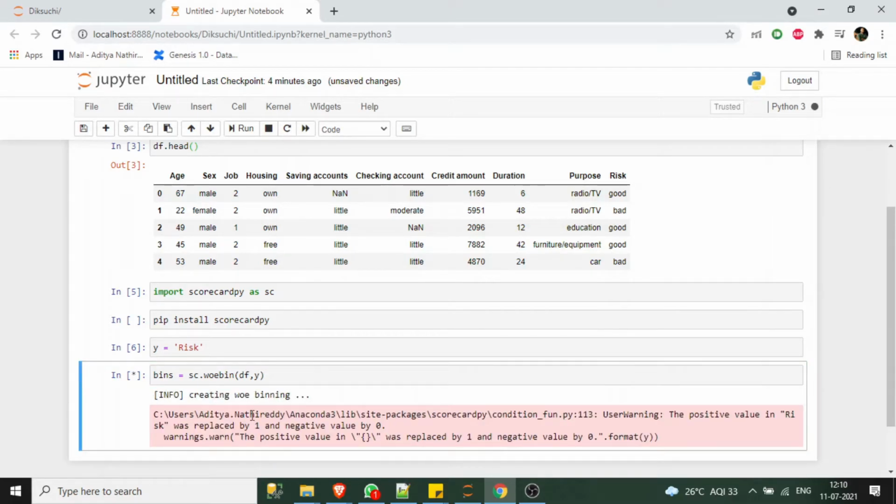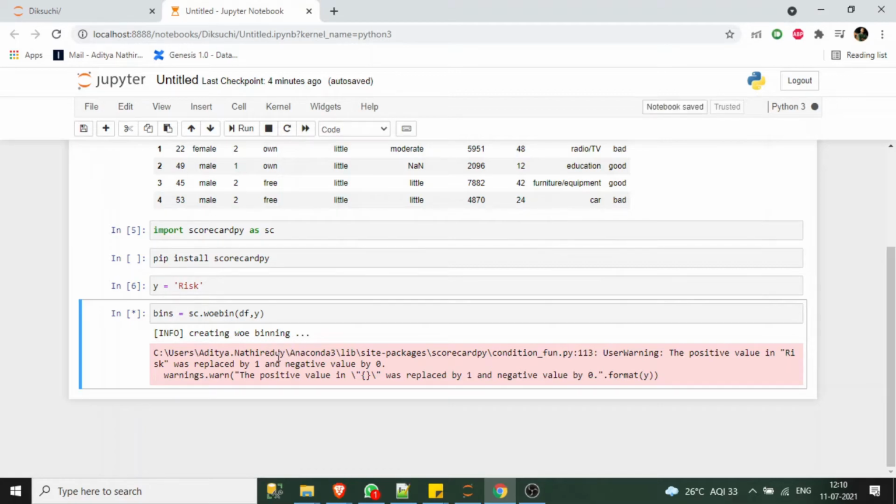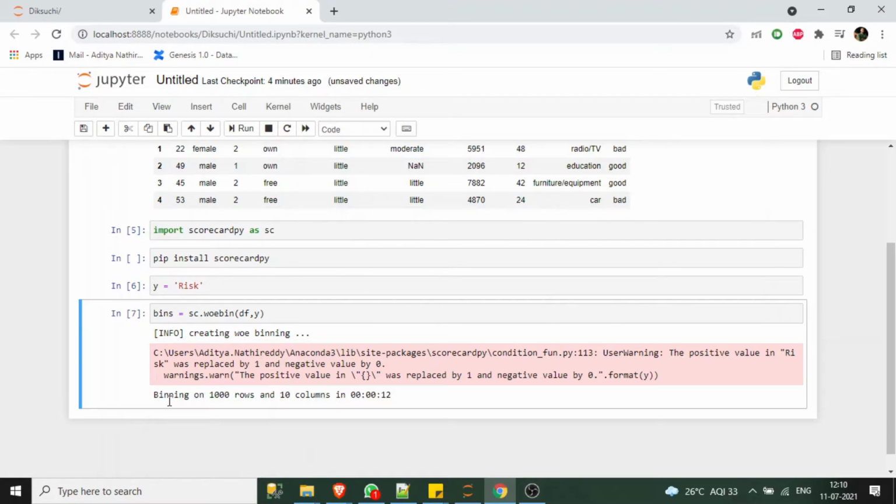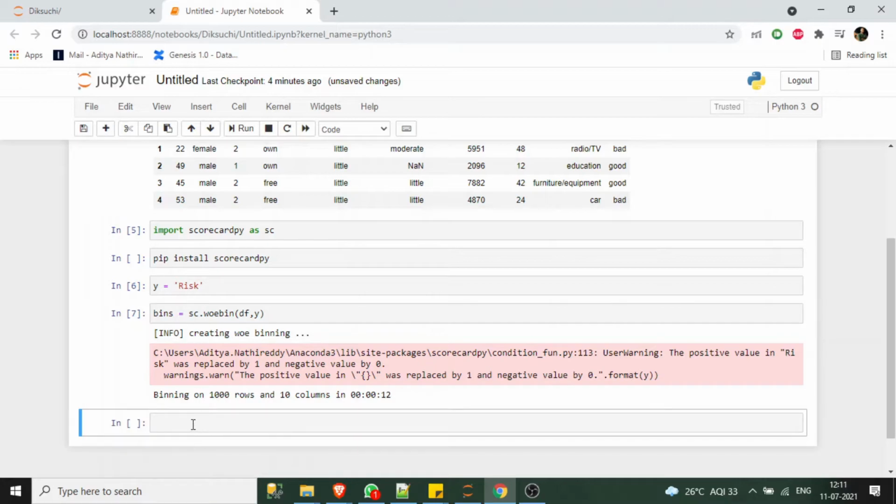So here you will be seeing creating WOE binning, and once it is created, you will get the output that binning on 1000 rows and 10 columns in 12 seconds. Now let's see what is there in this bins variable. For that we can directly plot it using the function woebin_plot. We have to again give bins in this. Okay, now let's execute this.